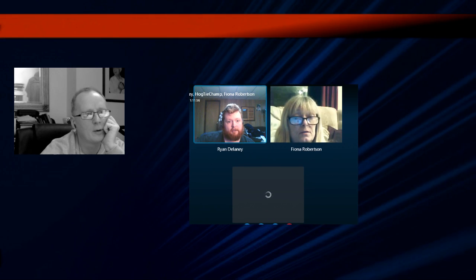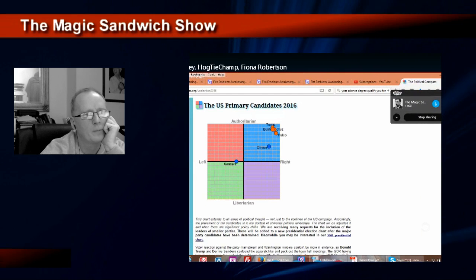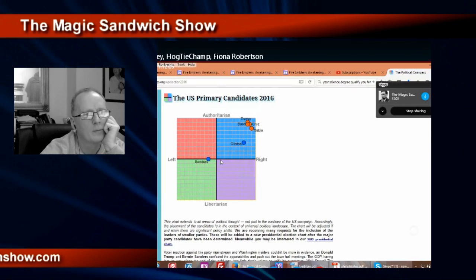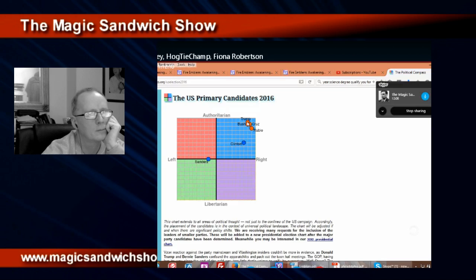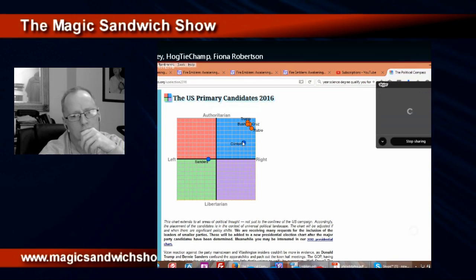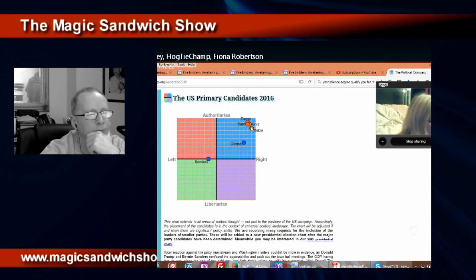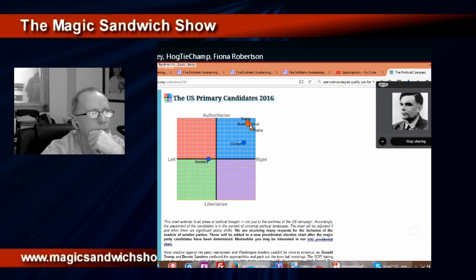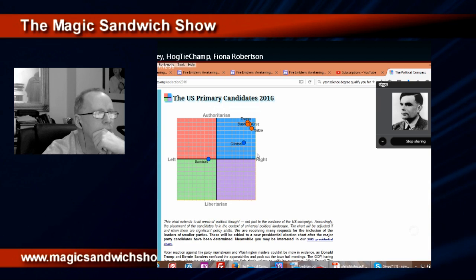Yep. All right. This here is an image of an organization that graphs. You can take a test and graph your own political alignment based upon a four-quadrant political view. And this is a graph of the major candidates in the United States. The orange ones are the Republicans, the blue ones are the Democrats. And as you can see, is it coming through? Yep, perfectly. Pretty much the entire Republican field are extreme authoritarian right-wing, up there with some of the most, pretty close to your extreme theocrats and just generally horrible people.